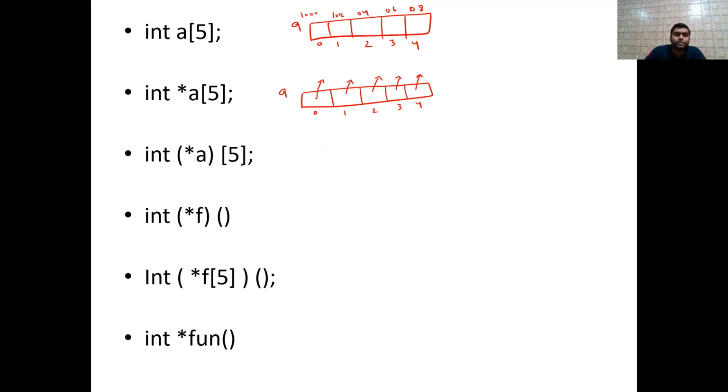Now the third statement is what? Star a of 5, where a is a pointer pointing to an array of 5 elements. So this is a different thing.